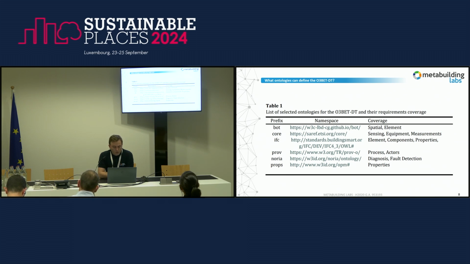There's a new ontology out there that I came across called NORIA, developed through a French project together with Orange, the telecom provider, where they look at digital, I'm not sure if it's specifically digital twin systems, but they had things such as fault detection and diagnosis in IoT systems. So for us it was relevant because we want to detect when something is going wrong, more so than in a normal building, right? Because we're compromising the test and therefore we're compromising the money of the client.